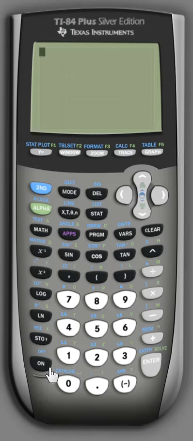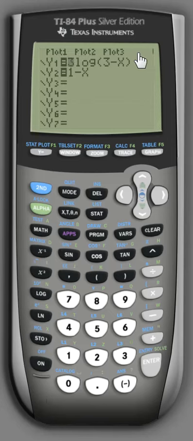Here we're going to look at using our graphing calculator to solve an equation. So they give us an equation that says 3 times the log of 3 minus x equals x minus 1. So for anything, if I type the left and right hand side in as two separate equations here, picture what I'm looking for. I want to know when is this equation equal to this equation. So if I put the left hand side in as Y1 and put the right hand side in as Y2,